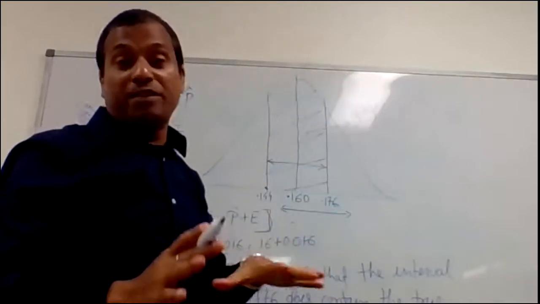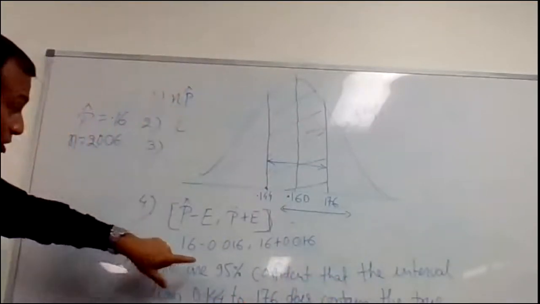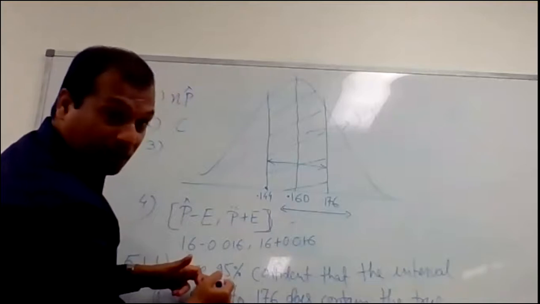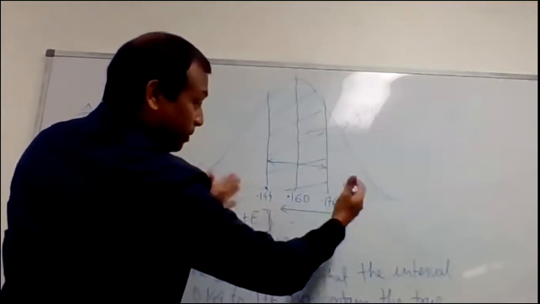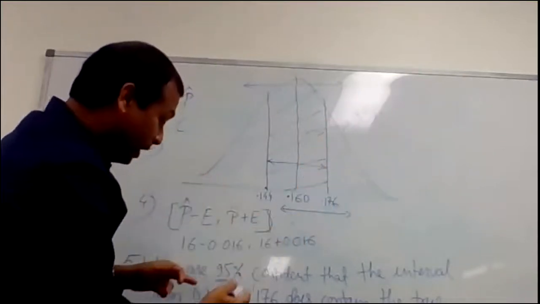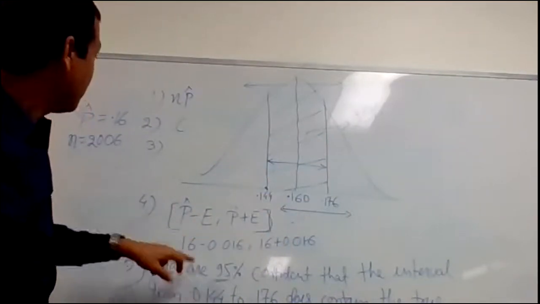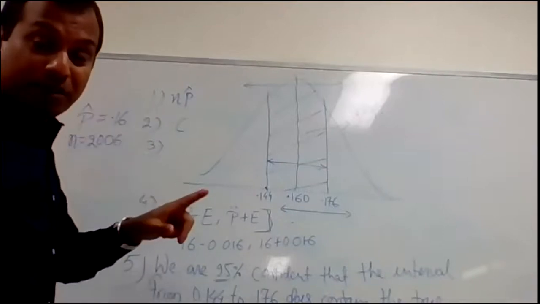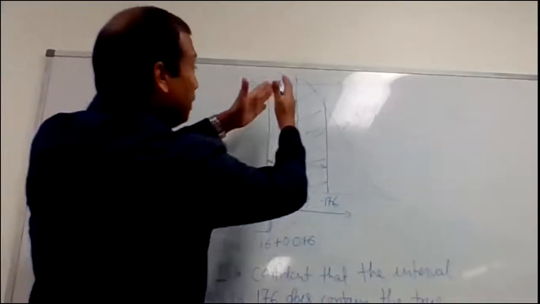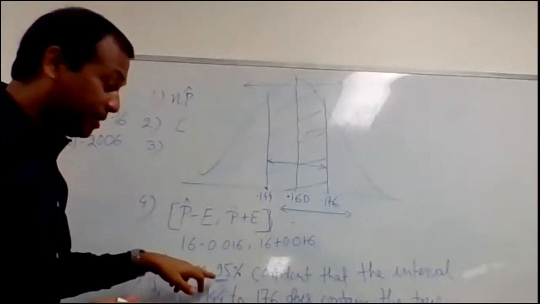We are 95% confident. If you make the same calculation for 99%, suppose this question was 99%, you know what will happen. The range will be a bit more, because from 95% to 99% your critical value will increase, right? For 95%, the critical value is 1.96. For 99%, you check, the critical value will be 2 point something, 2.58 or something. So the interval will be wider if you consider 99% instead of 95%.